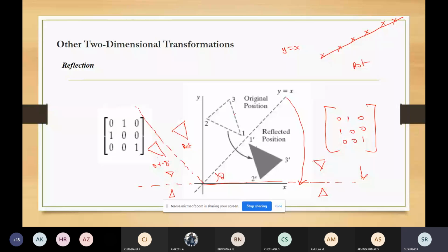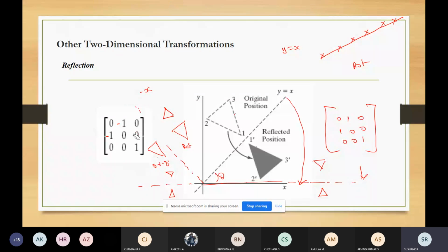After that, again perform the reverse rotation. Since you rotated by 45 degrees, again rotate it by -45. So again it will go to this line, and once it goes to this line, the image will come like this. So this is the reflection along the line y is equal to minus x. For this also some matrix is there, that matrix is nothing but minus 1, minus 1.